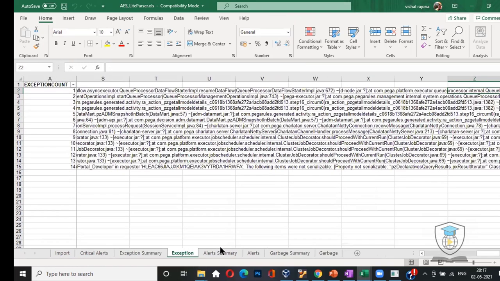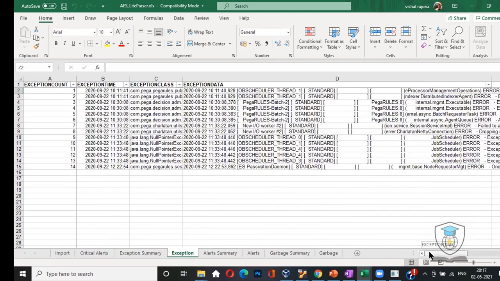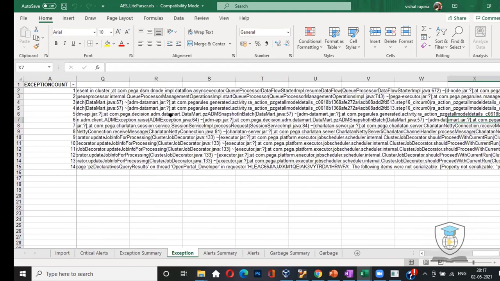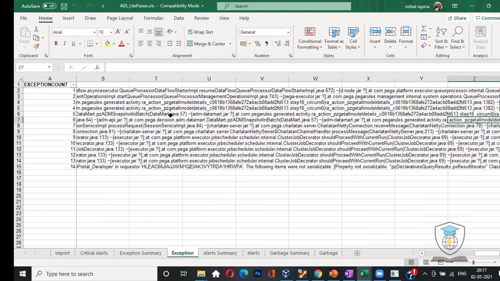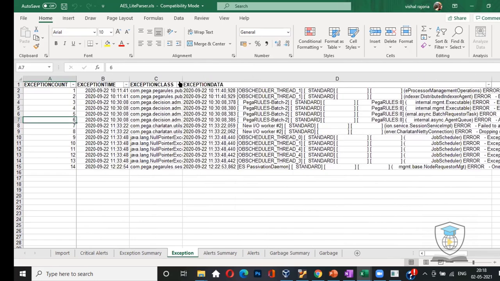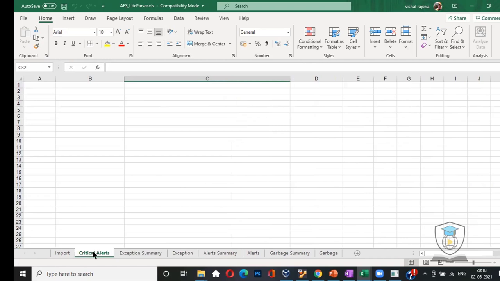Moreover, these are Pega rules logs. So in Pega rules log, I am skipping from the topic basically. I should not. Here you are also getting some things. This is not a right log file. Whether it's an info, an error, a warning, or a critical warning, you can filter based on the column that it is critical. Here we have critical alerts. So you will get such a list there.